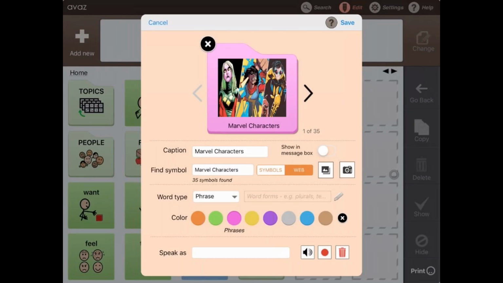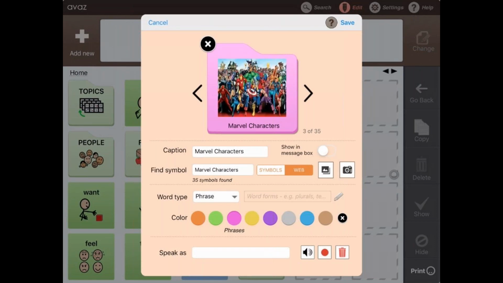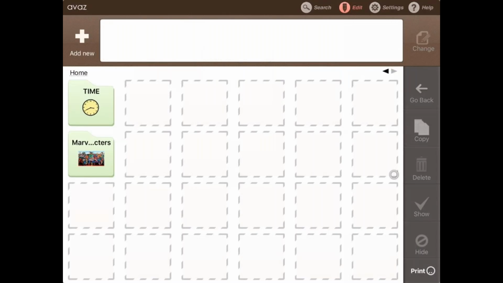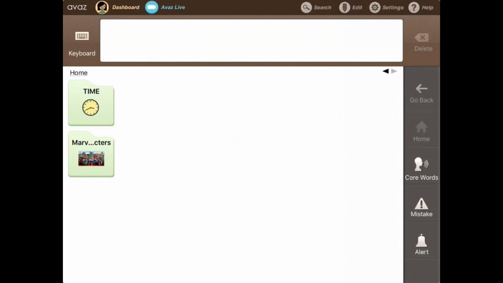As you can see, if I go to the web option here, it allows me to fetch images from the web that I can choose from within the application itself, right here. And if I click on save, this folder is created automatically. After creating this folder, I would want to add more options to it. So I would go to edit,